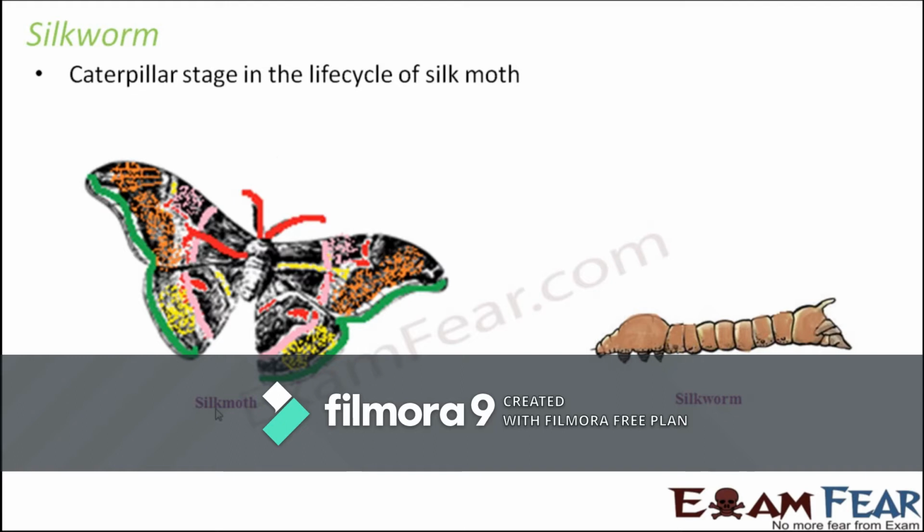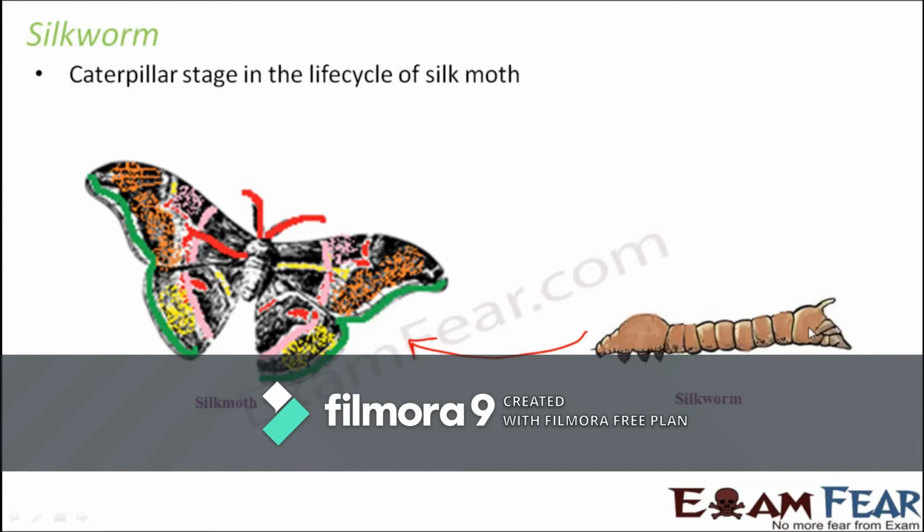Now this is the adult stage of this particular insect, and this one is the caterpillar stage. So this grows later to form a silk moth. But during this stage of silkworm, it produces silk. That's quite interesting, right? That a tiny worm is able to produce silk, and silk is something which we go mad about, wearing silk saris, silk clothes and so many other things. So let's see how exactly the silkworm produces silk.